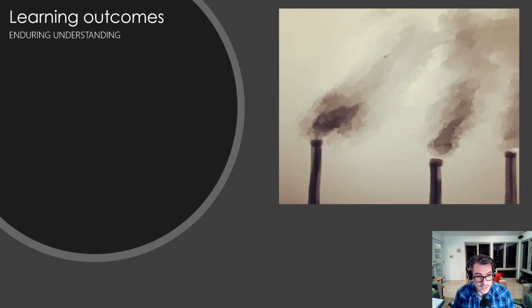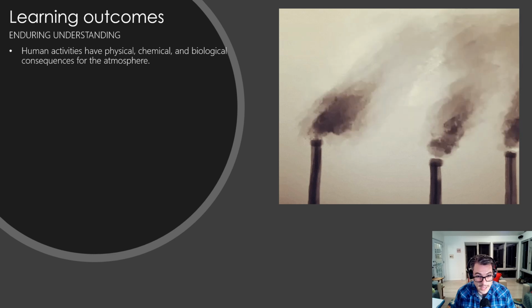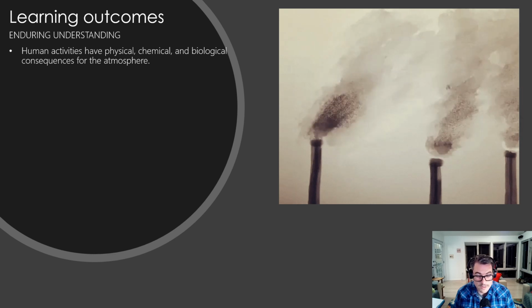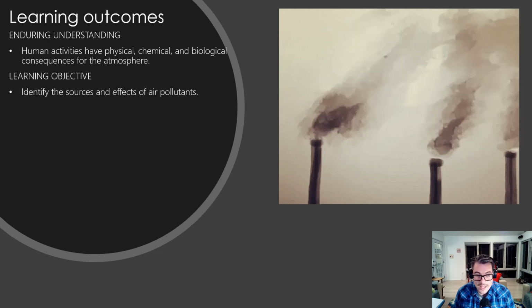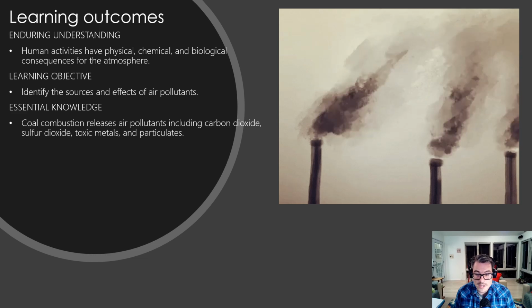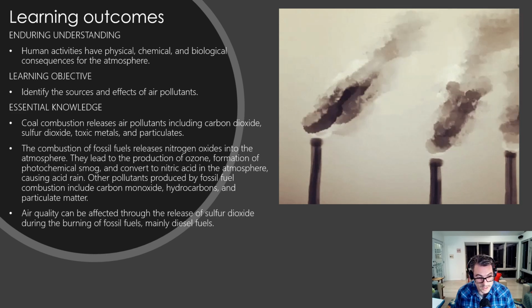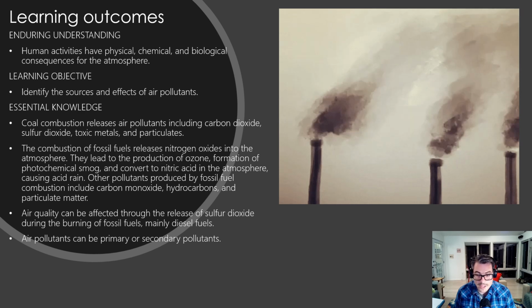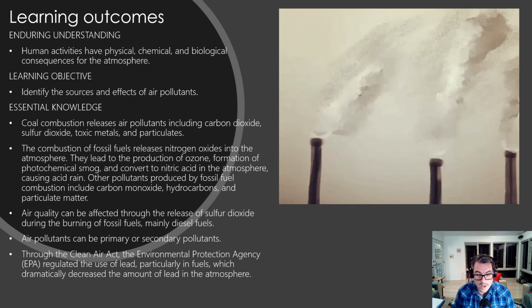The aim of this discussion is to gain an understanding about how human activities have physical, chemical, and biological consequences for the atmosphere. The learning objective is to identify the sources and the effects of air pollution. The discussion will center on how the combustion of fossil fuels results in the release of caustic air pollutants. I will also provide a general overview of how primary pollutants become secondary pollutants, as well as an overview on